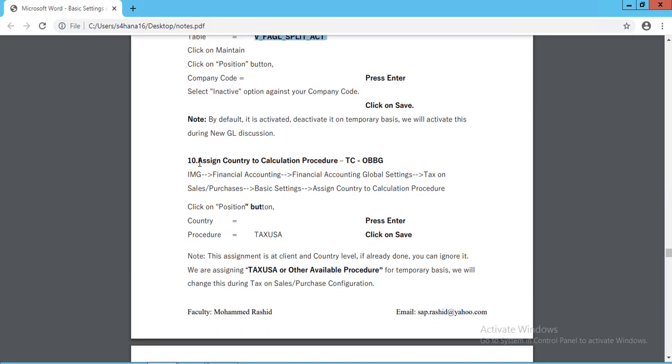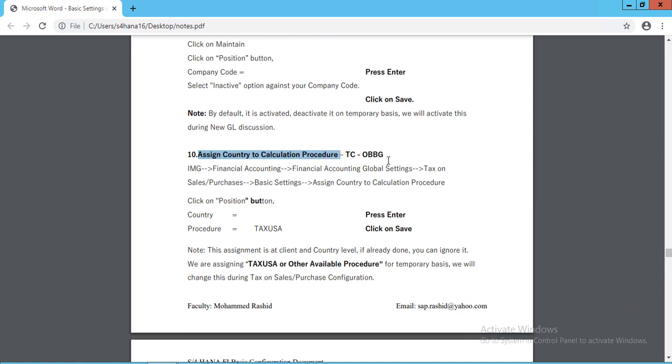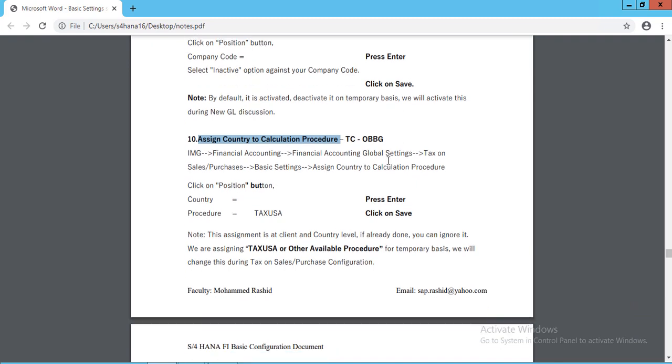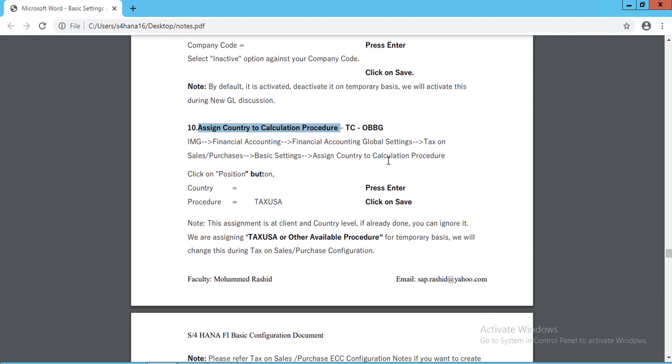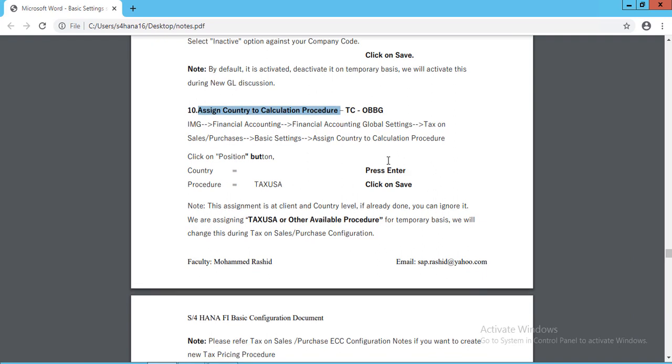Now assign country to calculation procedure. See, this country to calculation procedure, this is based on country to country, it will differ. We already did the configuration for tax on sales and purchases. If you want to create your own country tax procedure, please refer ECC configuration.